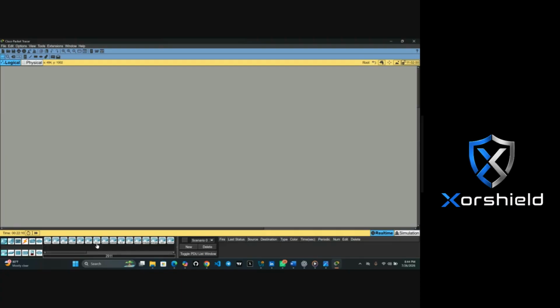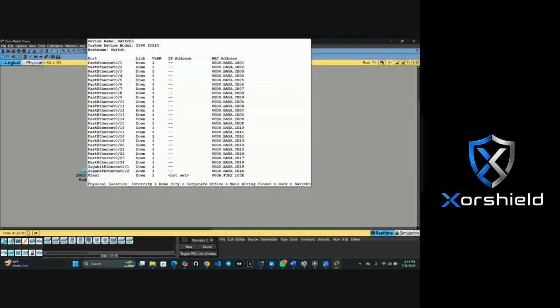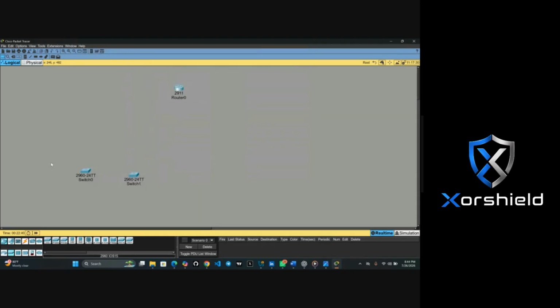So now what we need here is you go to your router, you pick 2911. From here, you go back to your switch. We are going to need two switches, one and then the other, two. The reason I'm using two switches is that this first switch is working as our DMZ switch, while the other one is working as our local area network switch. Are you getting it?